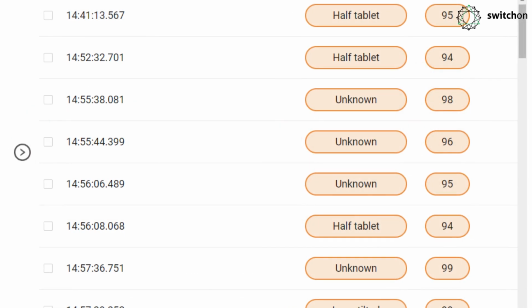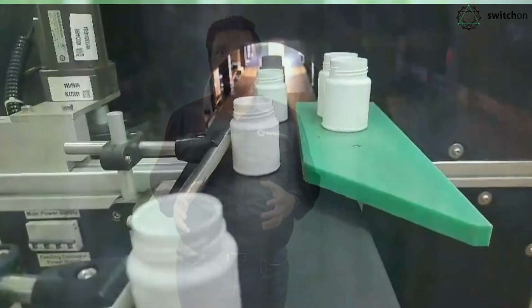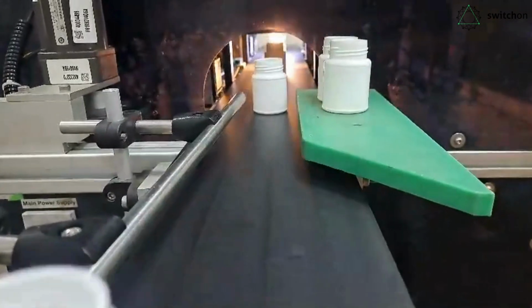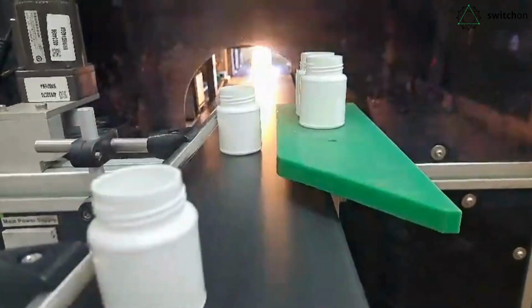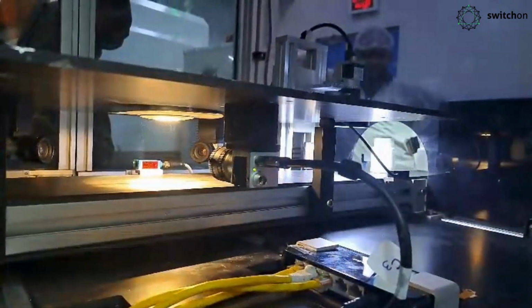As soon as we started doing this, we started seeing a lot of real-time analytics coming into our systems. This is data that is extremely valuable to figure out the number of defects that are happening, where those defects are, and what kind of machines these defects lead to. For example, we saw in a lot of our bottling customers that they have a lot of their defects in the printing area. And so we started giving a lot of those insights to our customers, telling them that this is a printing defect and they should go and look at some of the printers that are a part of the